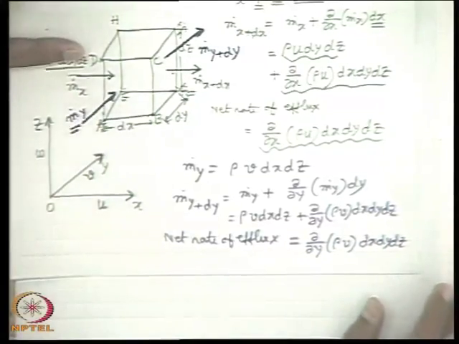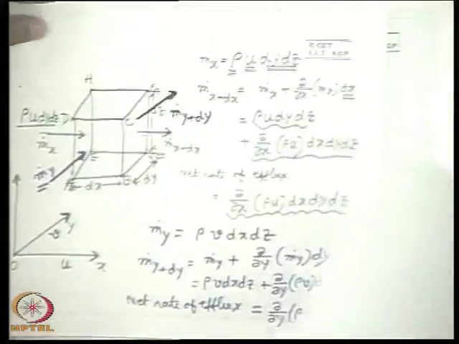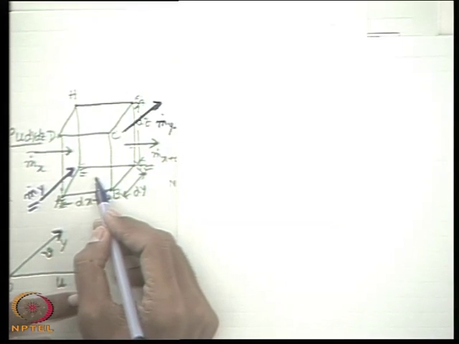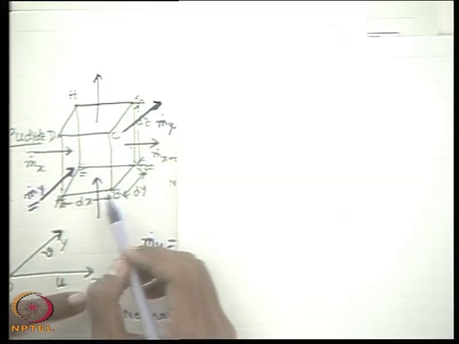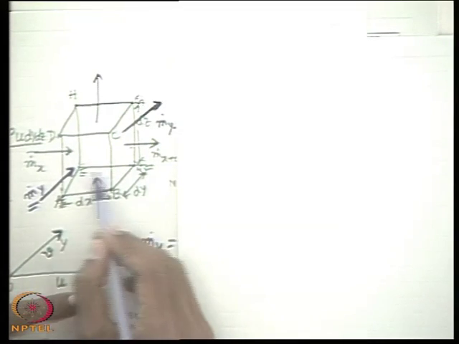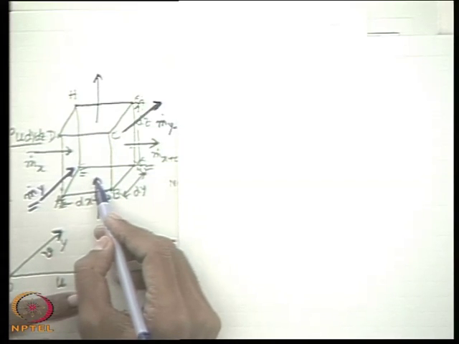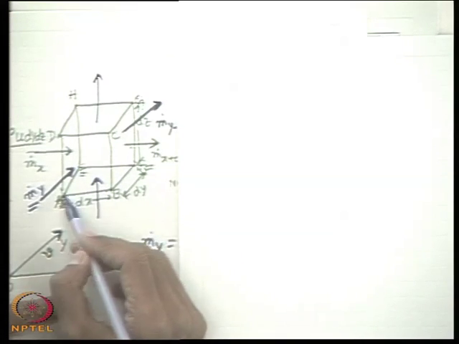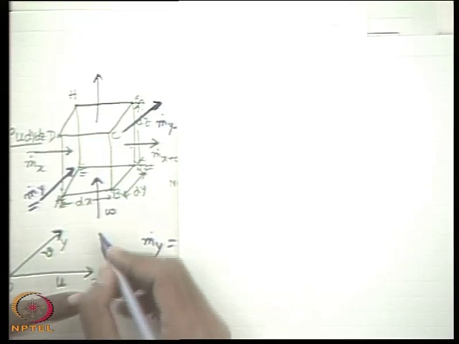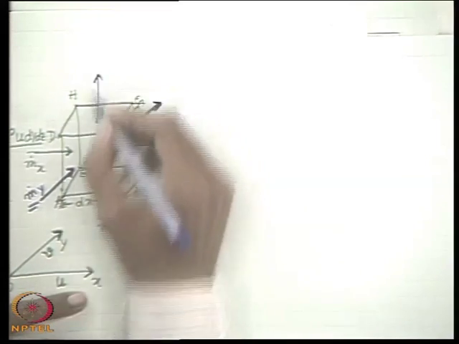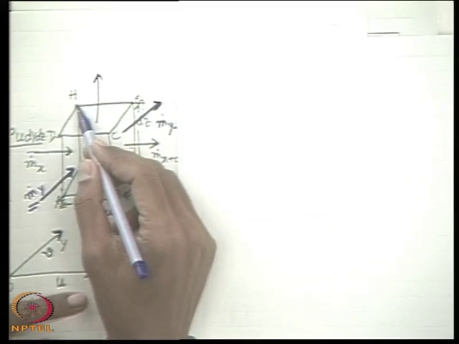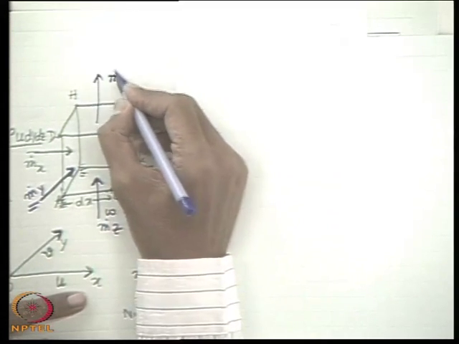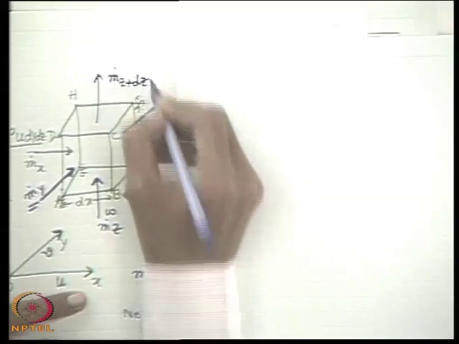Clear? In the similar fashion, we can do for the z planes, that means the planes through which fluxes are crossing in the z direction. There are two z planes now. Four planes we have considered, the rest two planes are there: one is ABFE and the other is DCGH. Fluxes come in through this bottom plane because of the existing velocity component. So this is m dot z. Similarly, fluxes go out through the z plane DCGH, which is at a distance dz above this plane, and we give it the value m dot z plus dz.